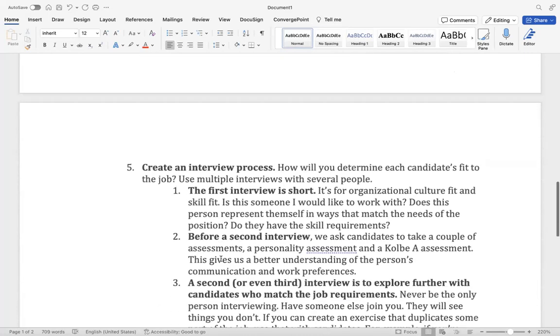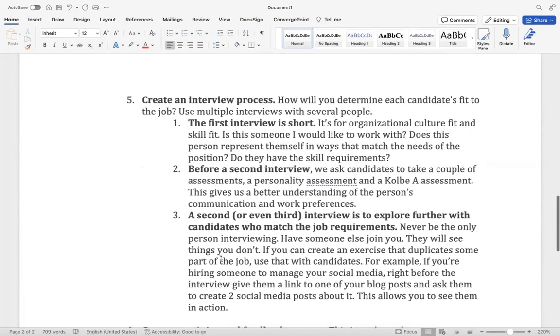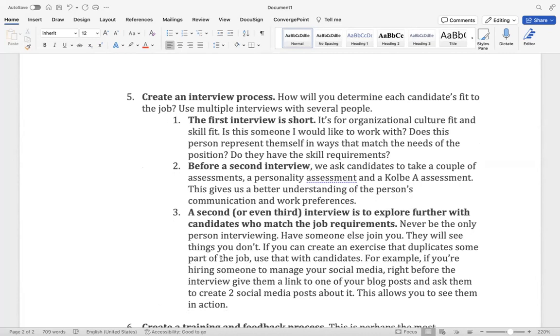Now, the most important part of any HR process is the interview process. And I actually think that it's more than that. How you get people to your interview, the funnel that you use to find people, needs to be very carefully selected and crafted. What do I mean by a funnel? A funnel is how you narrow down the large pool of candidates that may be applying for your job to those few select people who are actually going to make it to the interview itself.